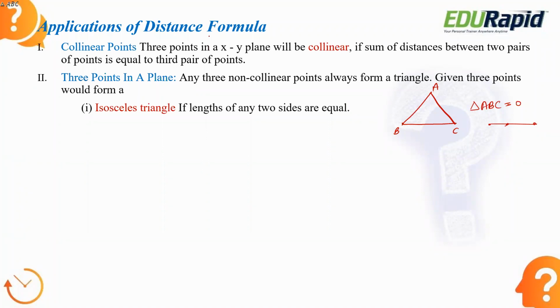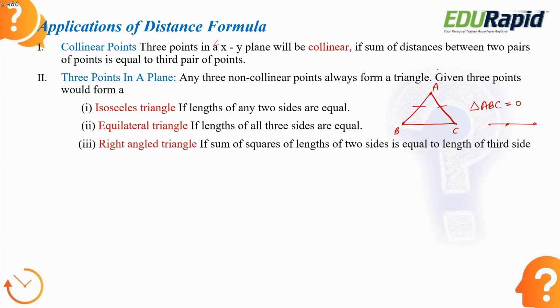So now you have the isosceles triangle. When we speak about an isosceles triangle, the lengths of two sides of that triangle are equal. So when you find the distance between these, if you get AB equal to AC or AB equal to BC and the other one is different, you can clearly say it is an isosceles triangle. In an equilateral triangle, if all the three sides are equal, you say it is an equilateral triangle. For a right angle triangle, the longest side AC square is equal to AB square plus BC square. That says that it is a right angle triangle because of Pythagoras theorem.